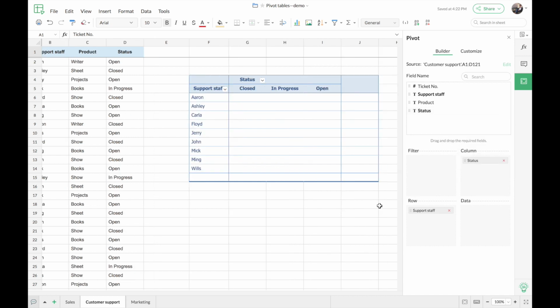So you might be wondering why I went with column for the status field. That's because we have 3 different statuses, that is open, closed and in progress. So placing it as a column will make the table look better and easier to study. So now that we have the support staff and status ready, we'll have to choose a data using which the table has to be consolidated. So here to study the performance of the support staff, I'll have to go with the data called status. So I'll have to know how many tickets have been closed, are in progress or are left open for each sales rep.